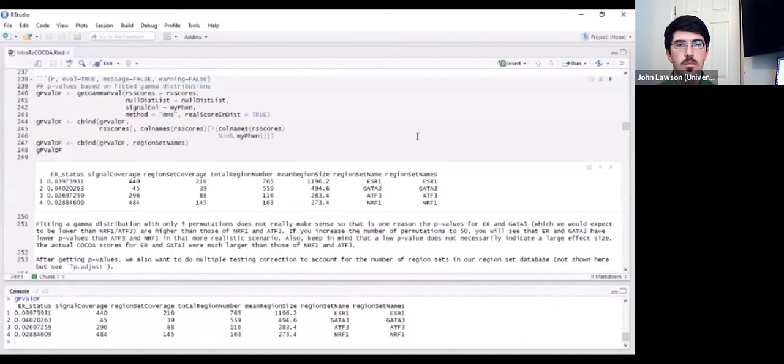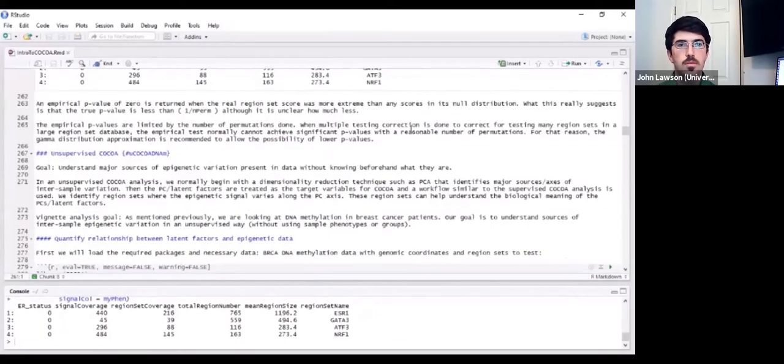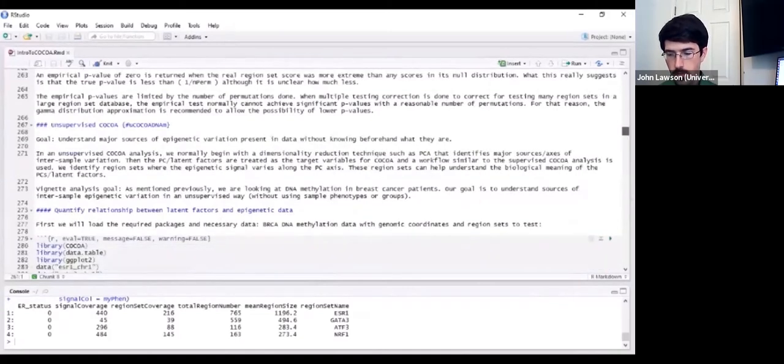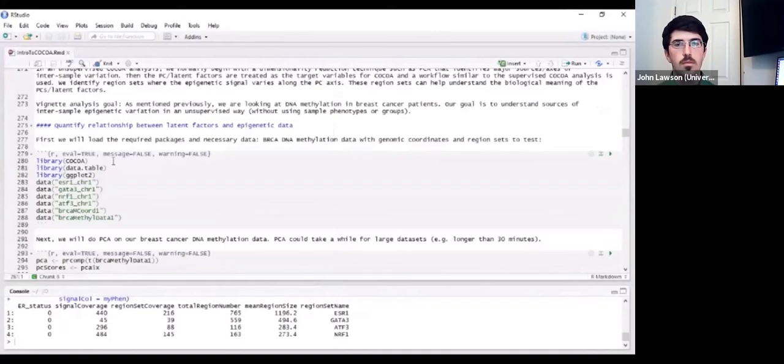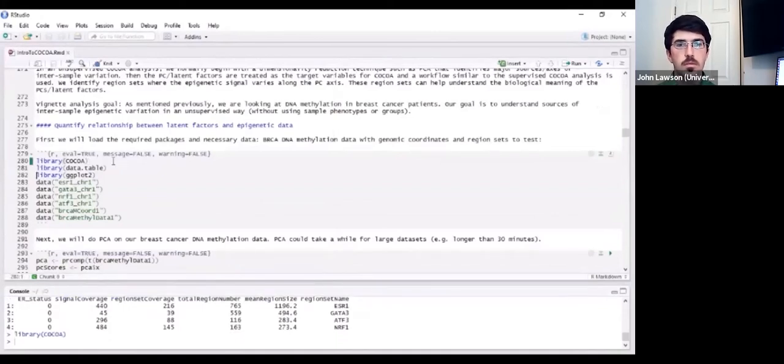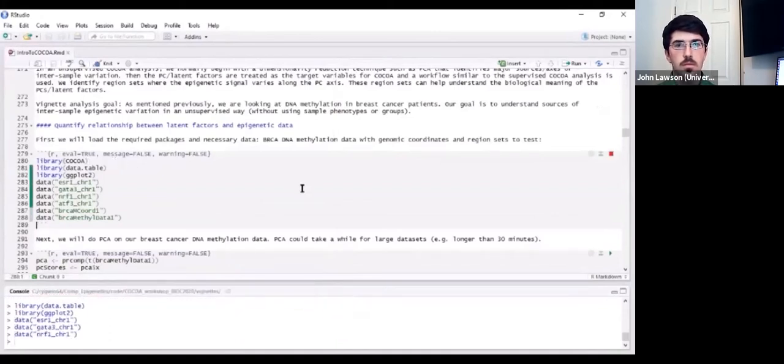But in the real analysis, estrogen receptor and GATA3 had very significant p-values, whereas NRF1 and ATF3 had much higher p-values. We're going to move on to unsupervised COCO. And this will be very similar. But in this case, imagine that we didn't have the sample metadata about ER status. What if we just wanted to do an unsupervised analysis, do PCA, and then try to understand what the variation was? So we've already got this data loaded,